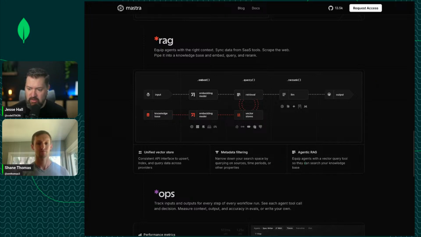And then agentic RAG, I guess that's basically the tool calling aspect of it, right? So the ability for another LLM to